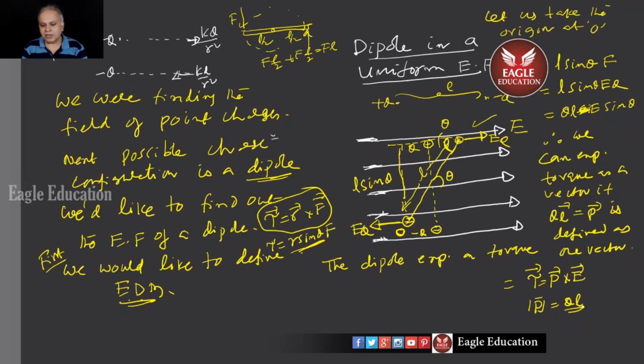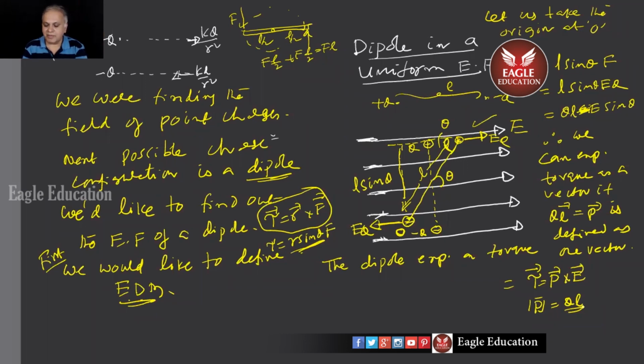And the way I found out the torque definition, I don't know how much you remembered in first year. Did you do torque or not in a proper way? Sir, in rotational mechanics. Now, rotational mechanics, we define the torque. And torque has to be always defined with respect to some origin. Here I took it at minus Q. I could take origin at the center. I can take the origin at plus Q. I can take the origin somewhere else also. It's not a big deal. But the way we did it actually has a particular reason.